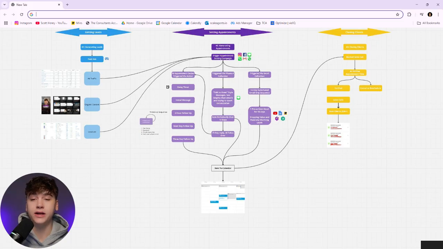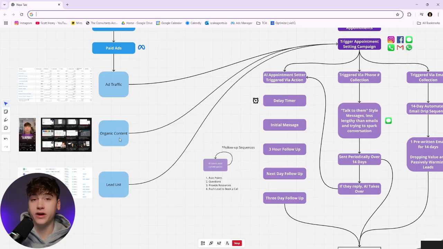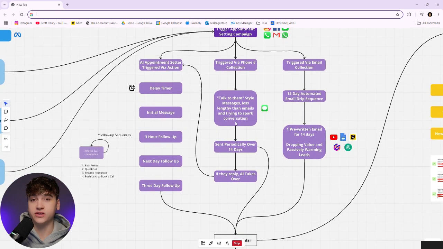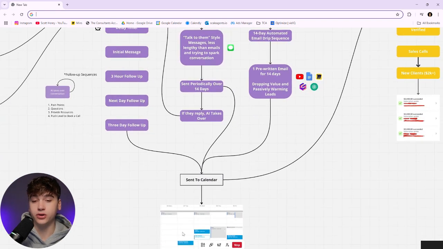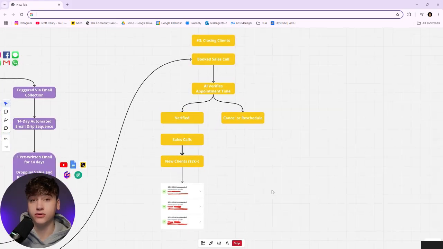your leads on autopilot. This is just a visual to show you the top of funnel, getting leads, middle of funnel, setting appointments, and bottom of funnel, closing your clients. Now, what we're going to be doing here today is leveraging ad traffic, organic content, and even plugging lead lists over into the AI appointment setter that we're going to build. And the AI appointment setter's whole objective is going to be to nurture the lead, follow up with the lead, and try to book them onto a sales call so that you can hopefully close them into a paying